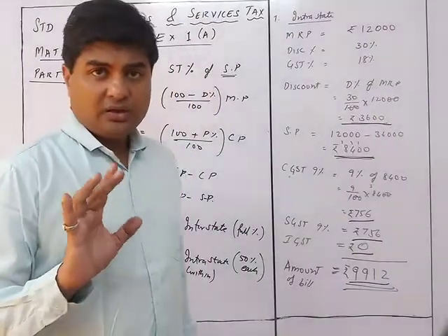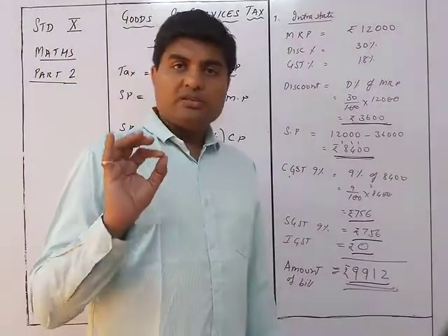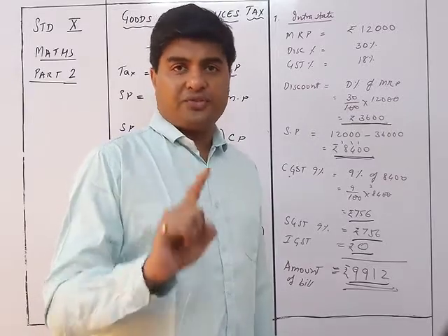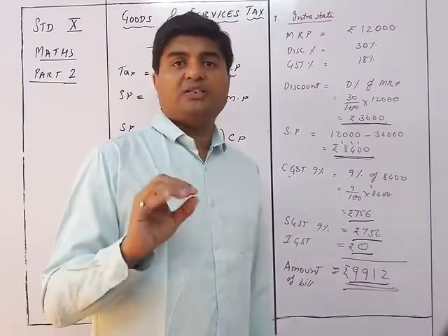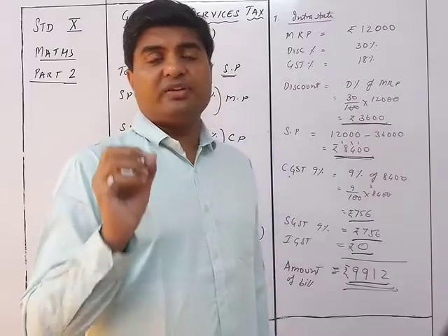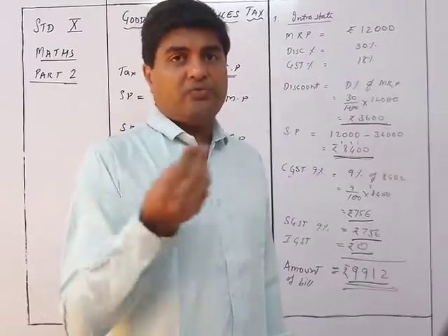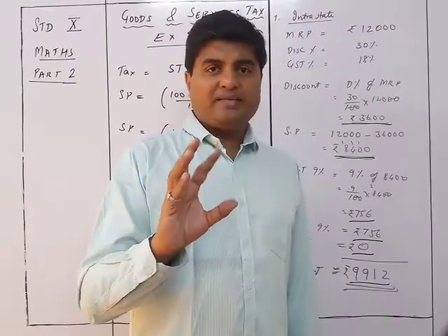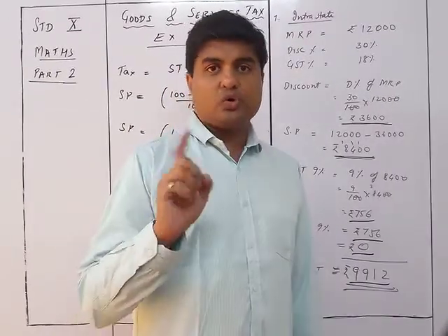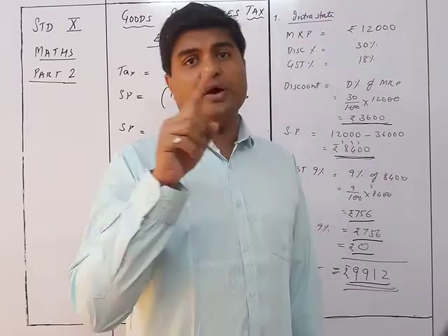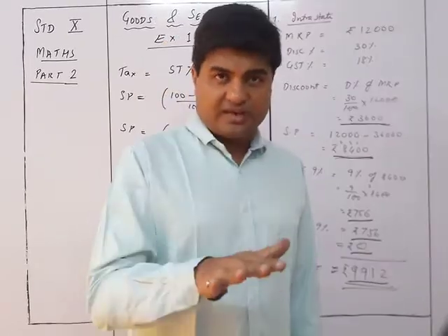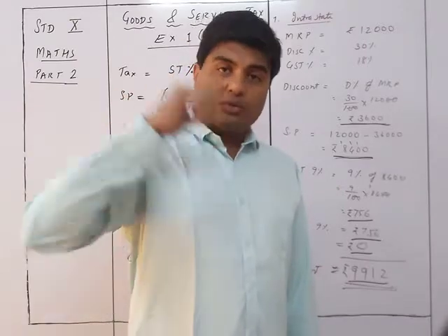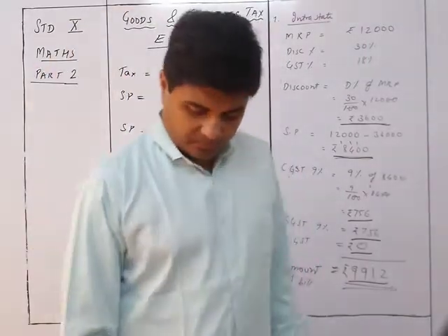Easy, clear, right? This is just calculation of percentage. There is nothing difficult in the first part of the chapter. You are just calculating the percentage of the selling price. Maybe you need to find out the discount and everything, but that's the general thing. In the taxation part, you just need to know whether it is intrastate or interstate. Intrastate, within the state, means CGST and SGST, and outside the state means IGST.